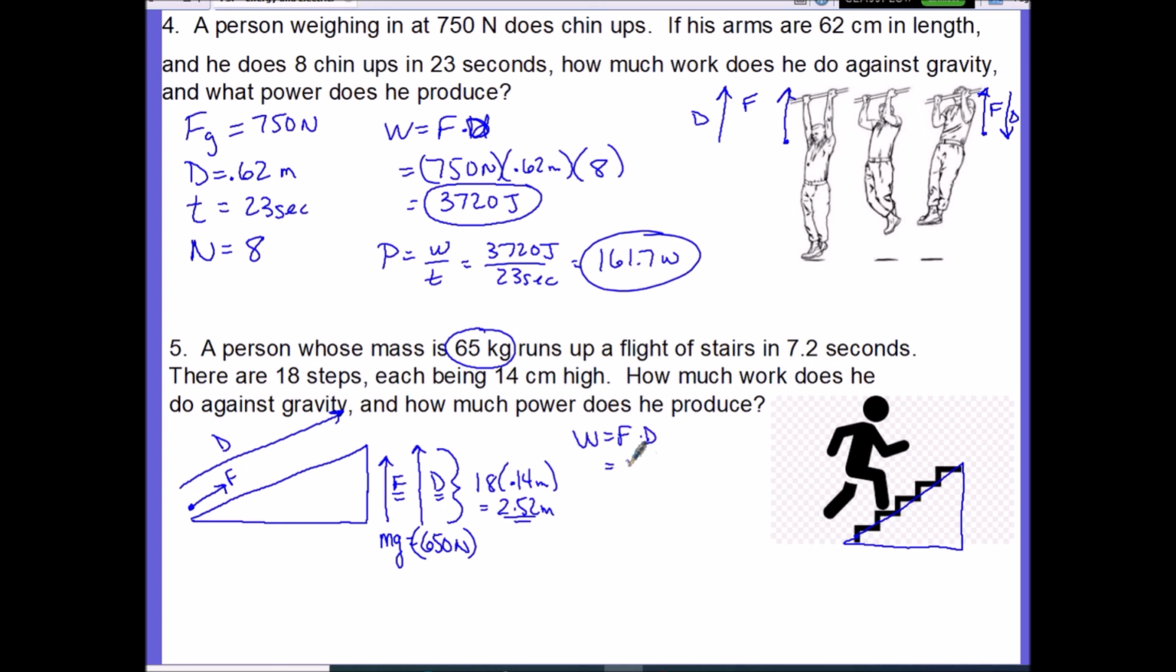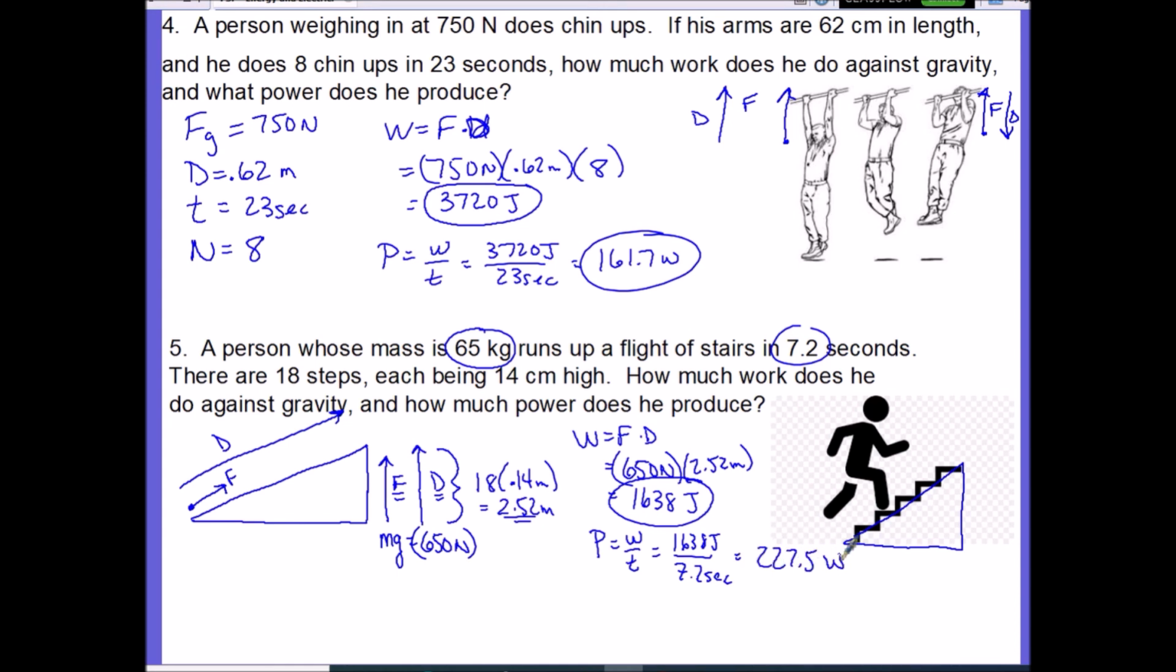He is 650 newtons of weight, and he's lifting himself 2.52 meters. And that work is about 1,638 joules. And if I want to determine the power, I simply take that amount of work and divide that by the amount of time that it takes him to do that. And we get about